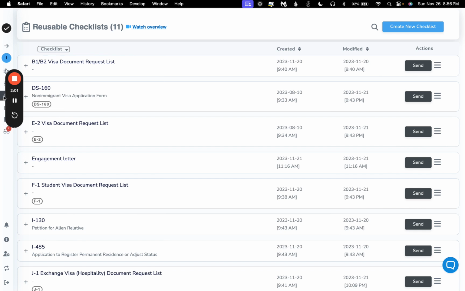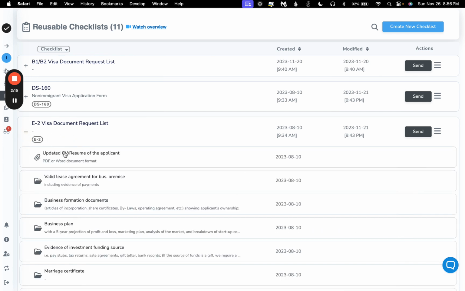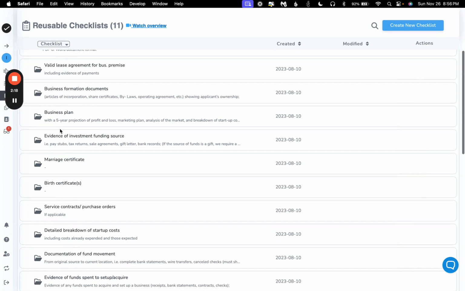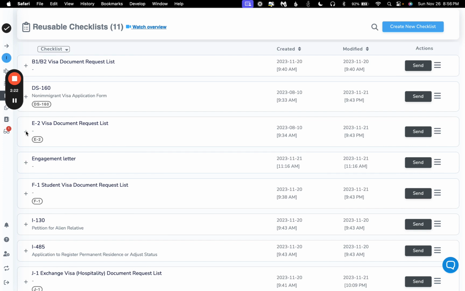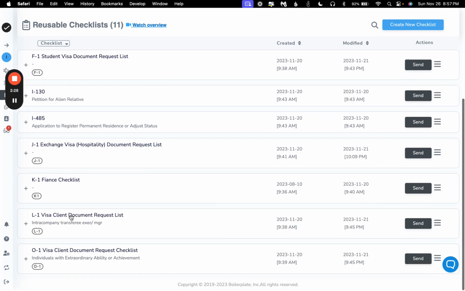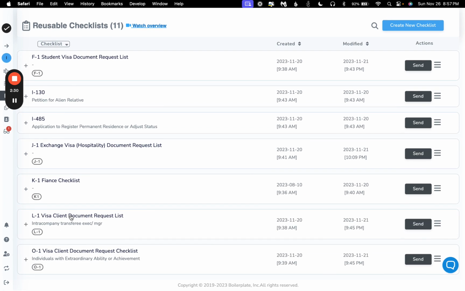So what you're able to do in Boilerplate, we have a checklist tab. We're able to help you set up checklists for each commonly used Visa application. And then within those, we can have a series of requests. These can include itemized file requests, support files, digital forms, PDFs that need to be filled and signed, tasks that they need to complete. And we can do these for each of the different major Visa application types or custom